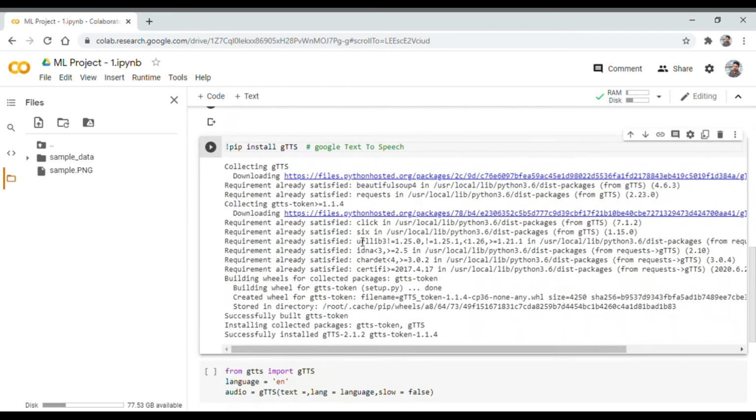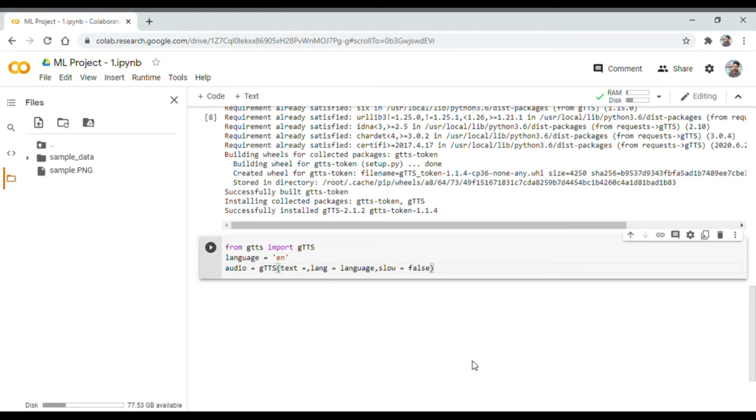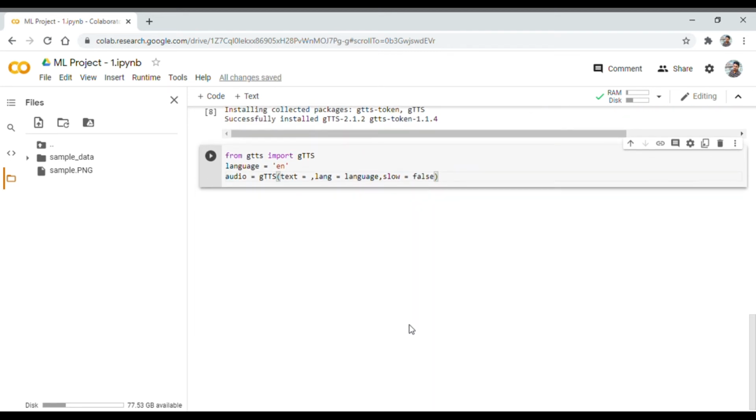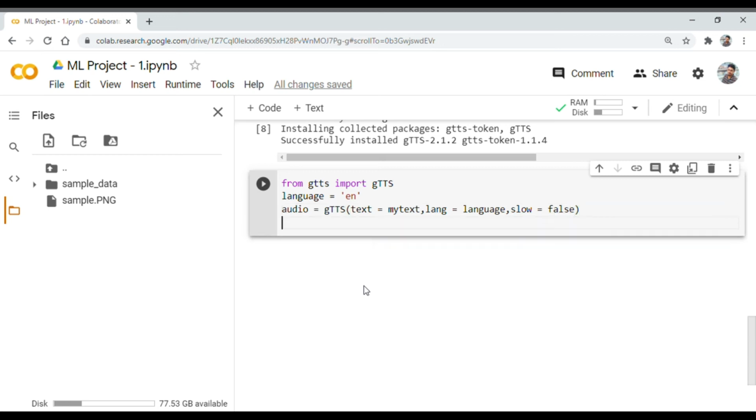So text equals to my text, lang equals to language, and slow equals to false. Now we have created the audio file.